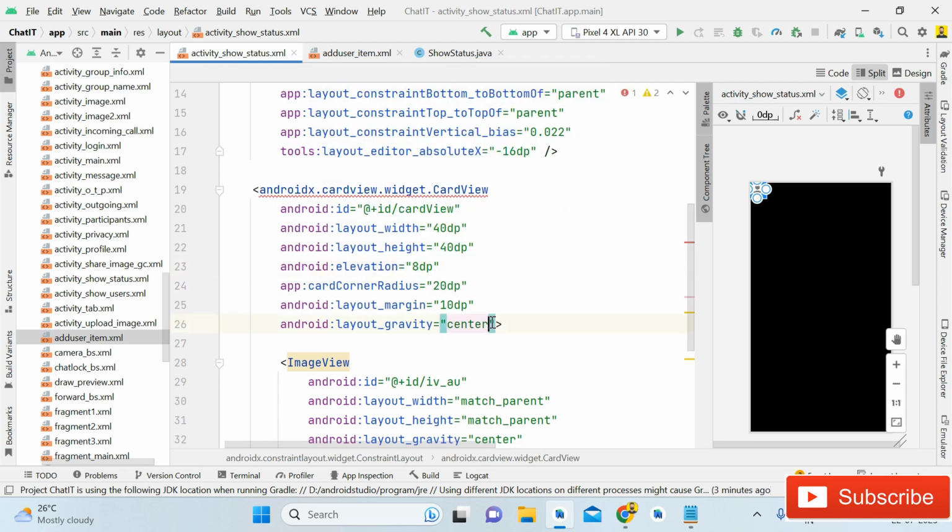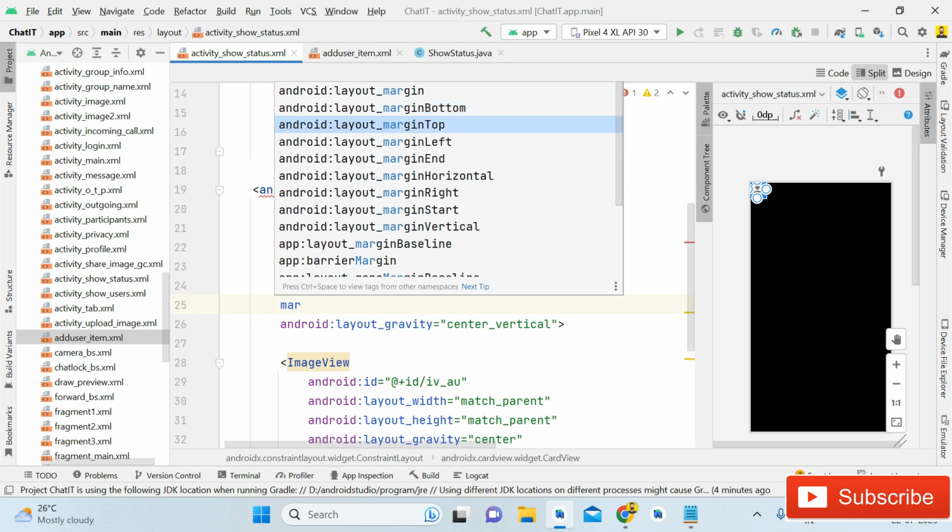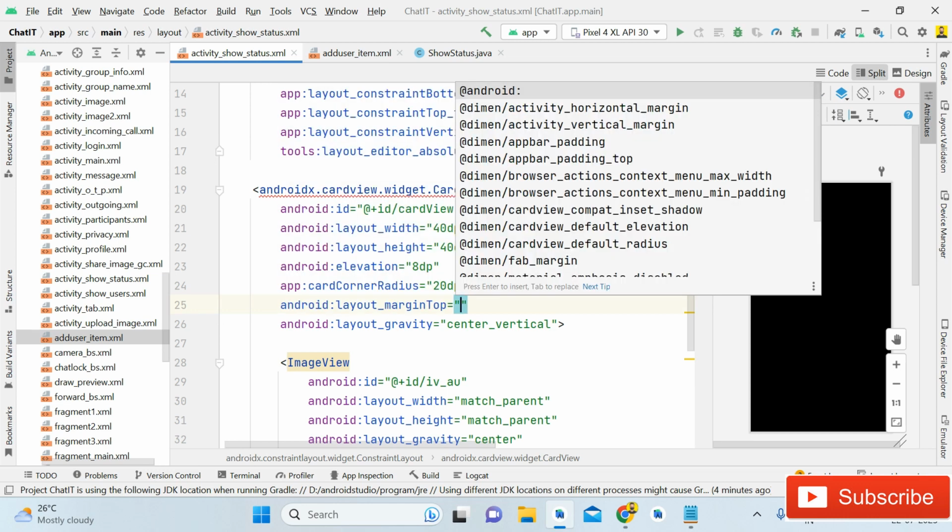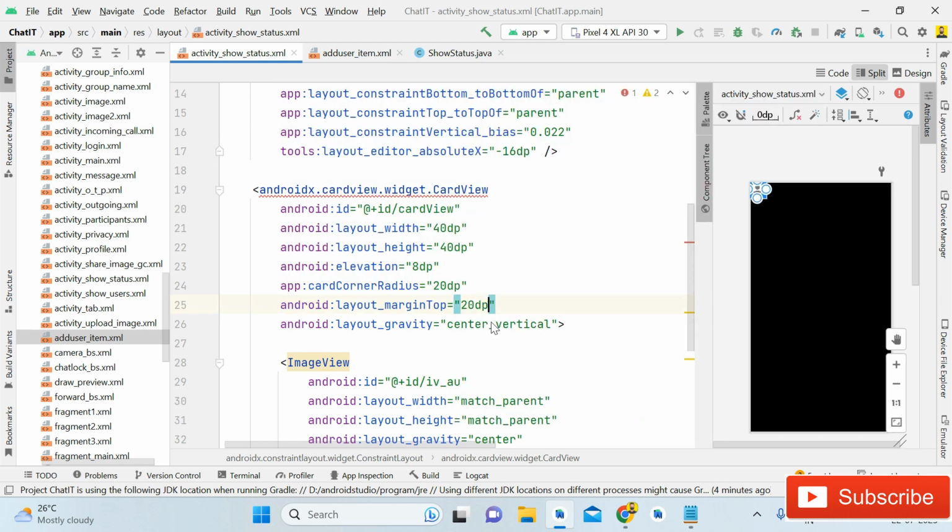Layout gravity already given, center vertical, okay guys. And now margin top 20 dp, okay guys. So now after that 40 dp, 40 dp, gravity center, corner radius 20, and almost everything is done,